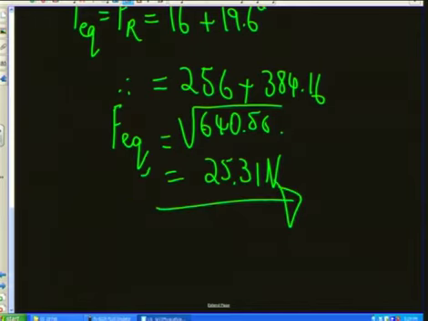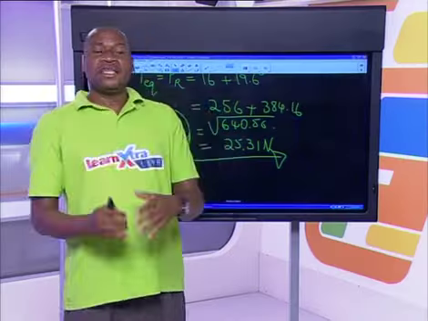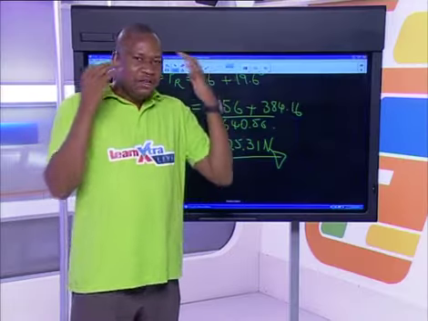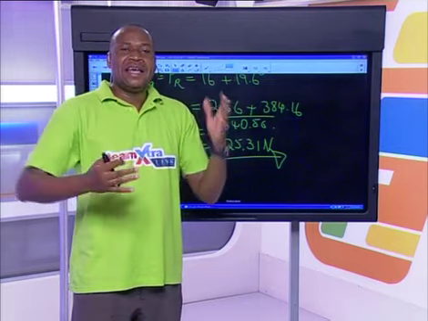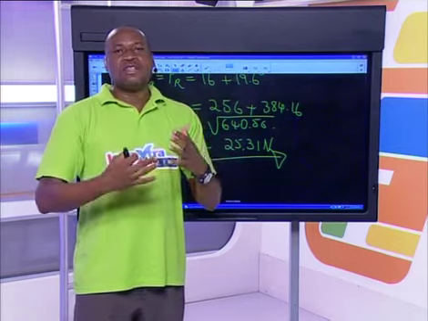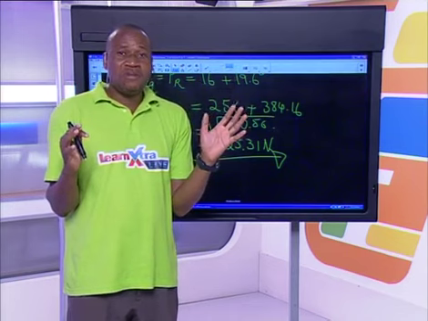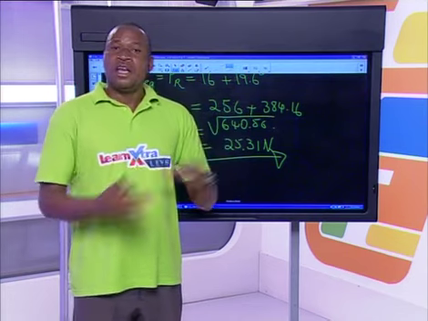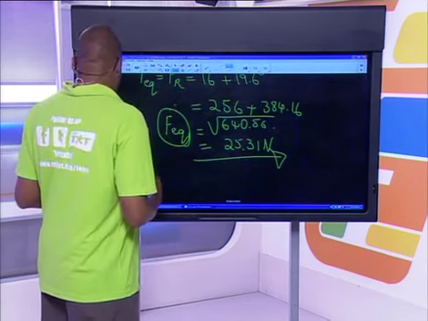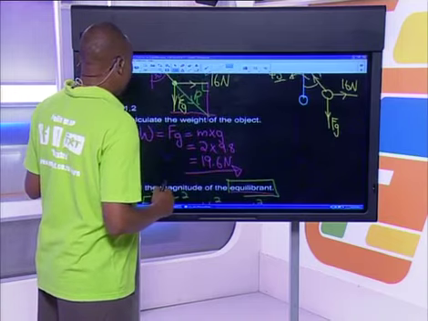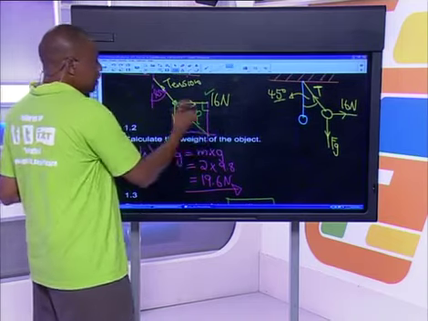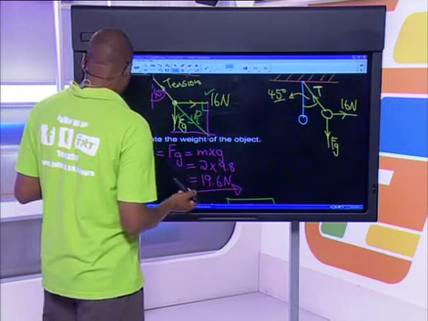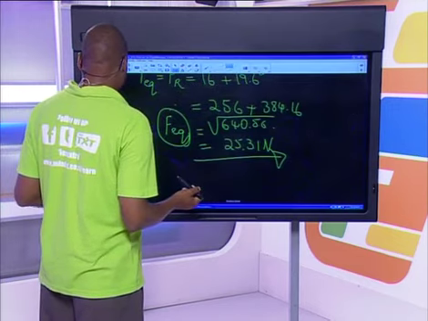And this is your equilibrant because it must be equal to your what? To your resultant. I just used that logic thinking there that if the resultant is equal in magnitude to the equilibrant and all they want me to do is to find the magnitude, I'll just use that, because if I look at what I have here, it's a right-angled triangle, so I can actually use the theorem of Pythagoras.